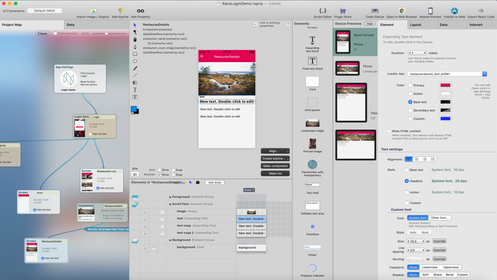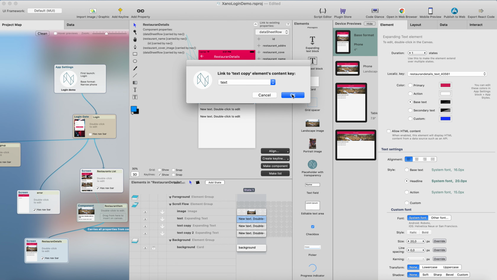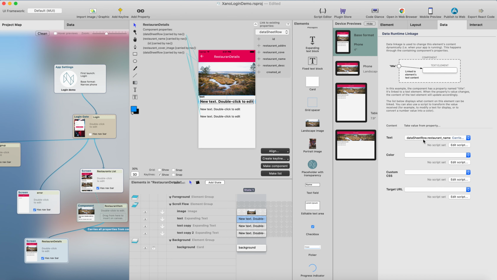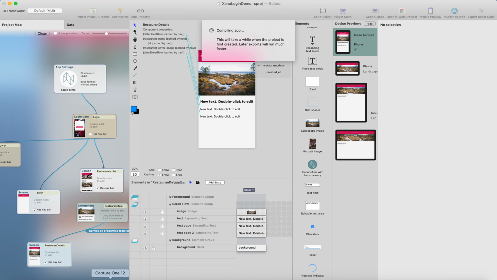So we need to bind these elements on the dataSheetRow object, which you can see here. It's carried by navigation. So I can select the dataSheetRow here, and then just drag the cover image here and link it to the image, and then restaurant name here to the text and description here. And where's the address? It's here. So I can link that to there. Now if I click the data tab, you can see that this text label here is linked to the dataSheetRow object dot restaurant name. And what I can do then is just simply generate the code